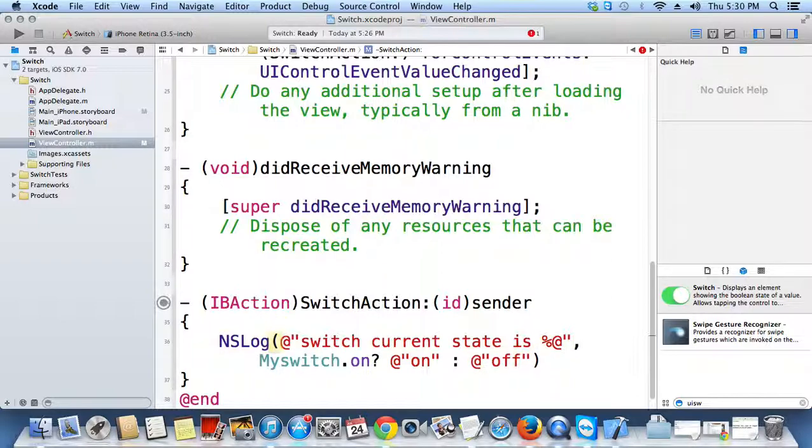Once you are done with this one, let's see how it's going to run. Let's see, I'm going to get the output of this one.